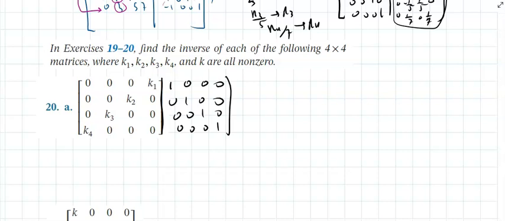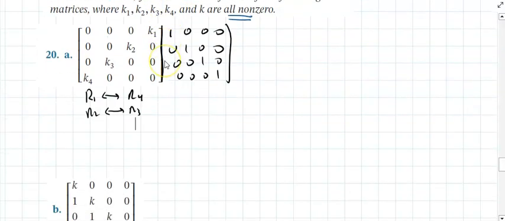It says find the inverse for each 4x4 where k1 through k sub 4 are not 0. All of them are non-zero, because if one of them is 0, you can no longer do it. Well, aren't you going to first take row 1 and switch that with row 4, and take row 2 and switch it with row 3? If that's the first step,